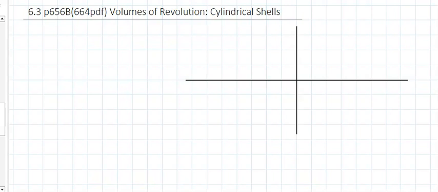Section 8.3 talks about volumes of revolution using the cylindrical shells. Suppose I'm looking at y equals f of x, just like before, and I'd like to run this from a to b. Again, if I take this area, which is 2 dimensional, and if I rotate that about the y-axis,